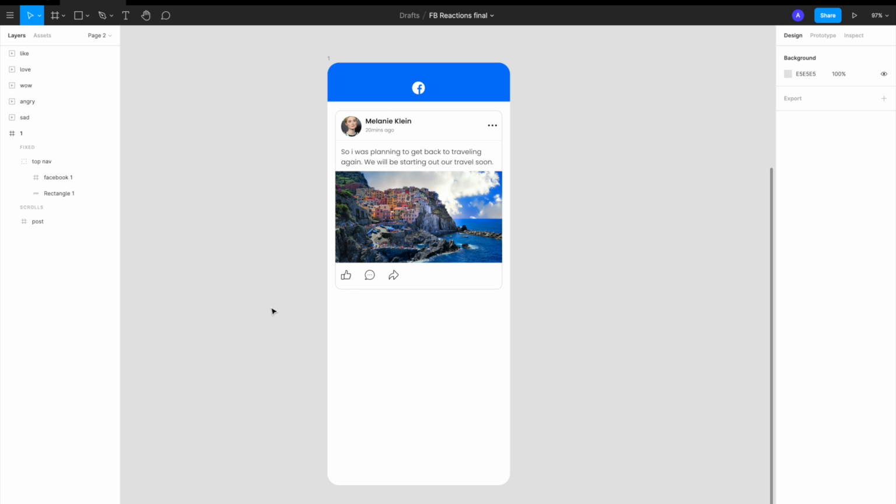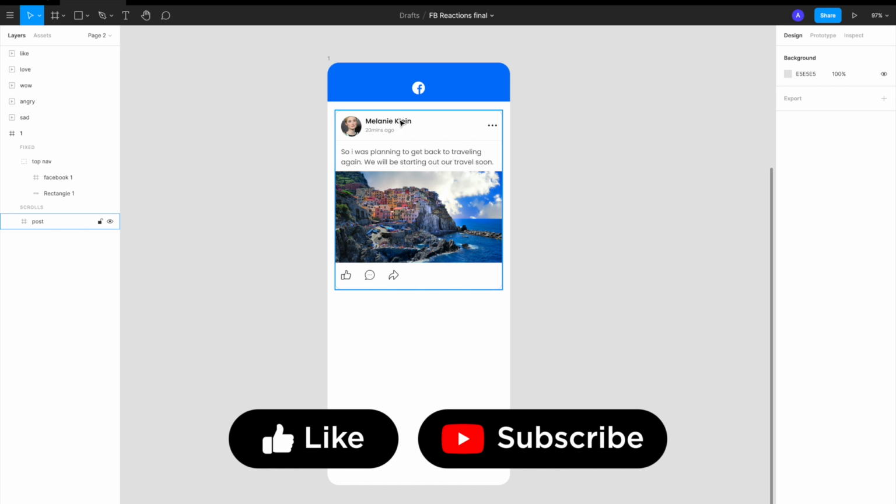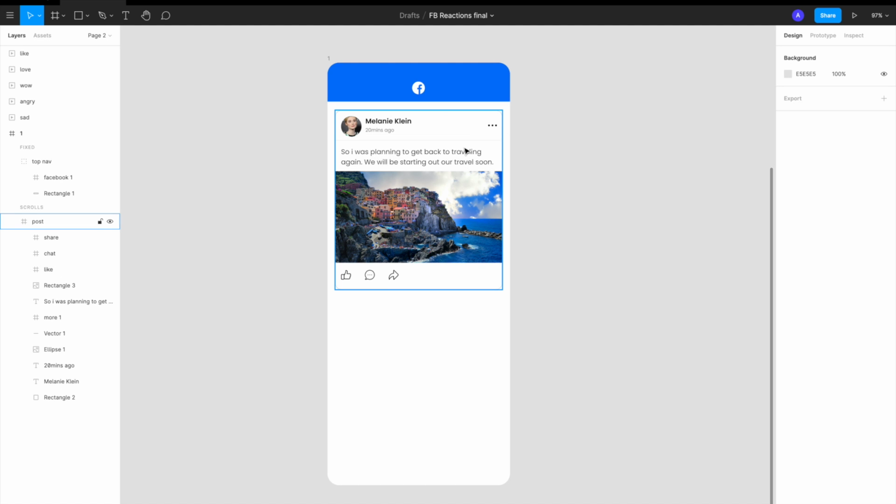So guys, we are in Figma right now, and what I've done is I've also created a dummy artboard for a Facebook app. Let me just quickly run you through the components that I've created. It has a navigation that contains just the Facebook logo, and it also contains a post group where I have added a few things. It contains the user's image, user's name, when it was posted, some more icon, some description, some content here.